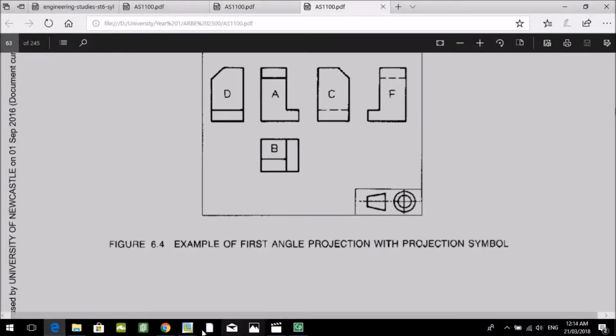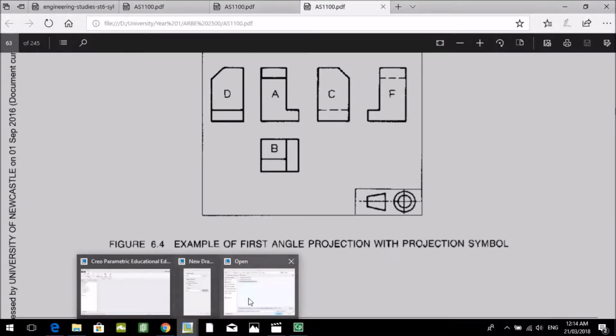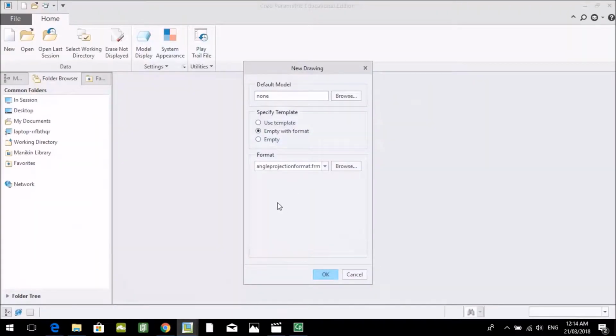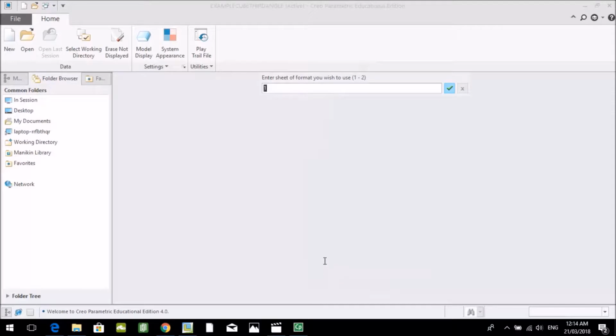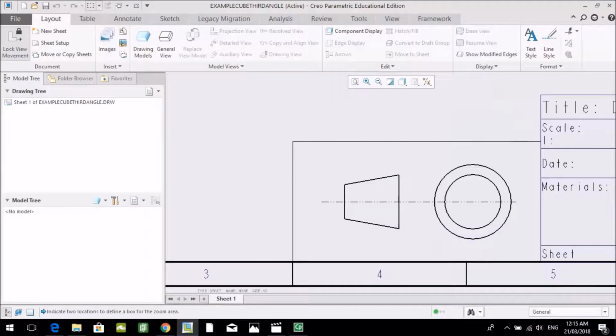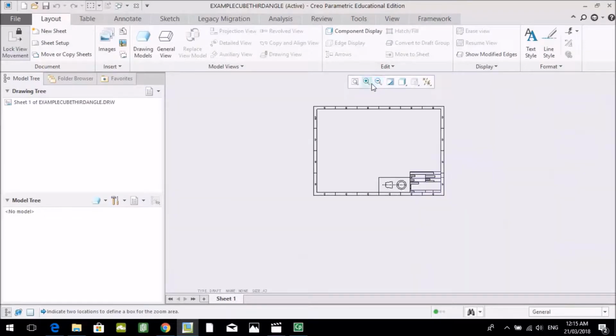So let's open this format and click OK to start. We're going to use the first sheet in our format and open it up. As you can see, nothing else has really changed, except we now have the third angle projection symbol in the bottom corner next to the title block